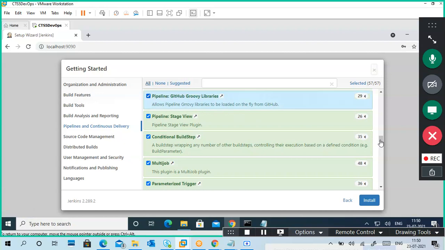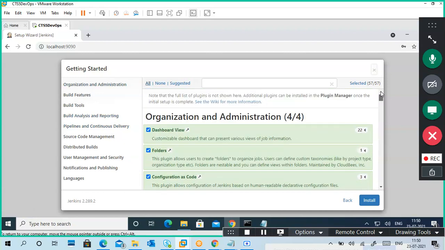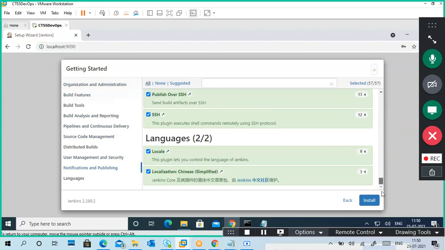Like last time, I installed on a Sizer system. I thought it would not install properly, but it installed successfully because of very good high speed internet. My internet is also good sometimes, but the problem is we are connected to this GoToMeeting now. So what happened is the internet is consumed by other devices and other applications. That's the problem.